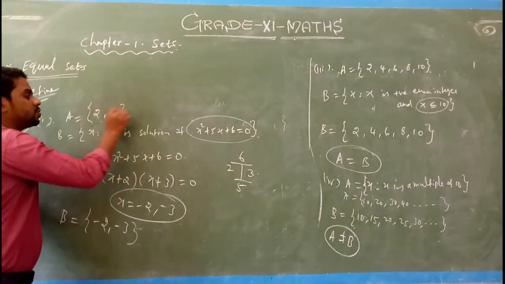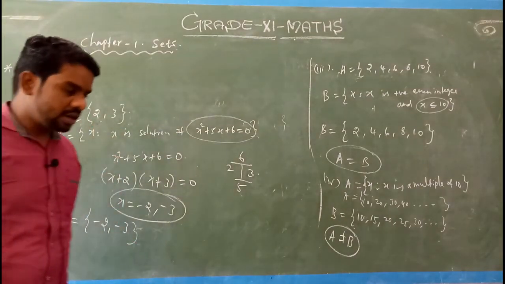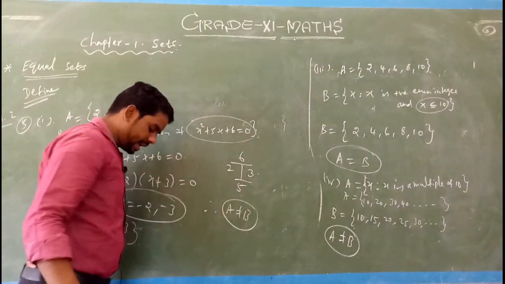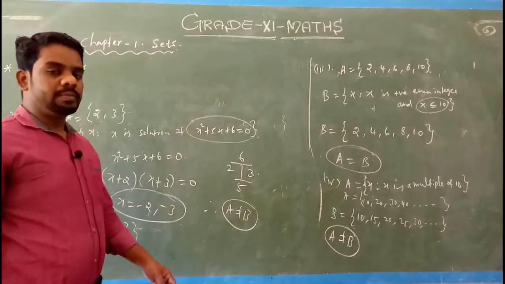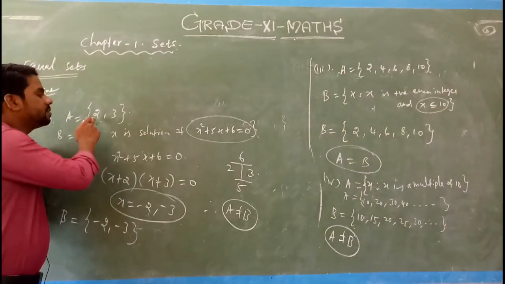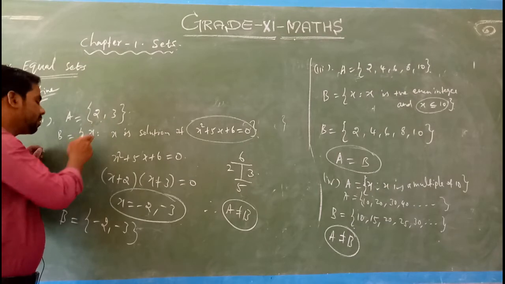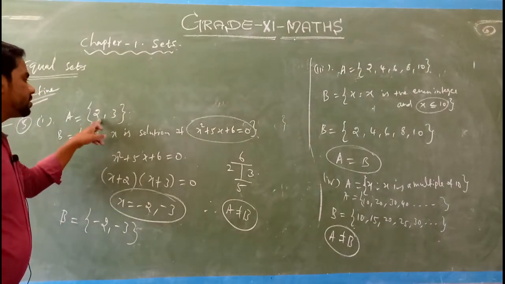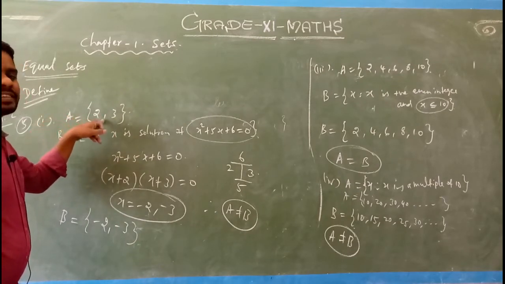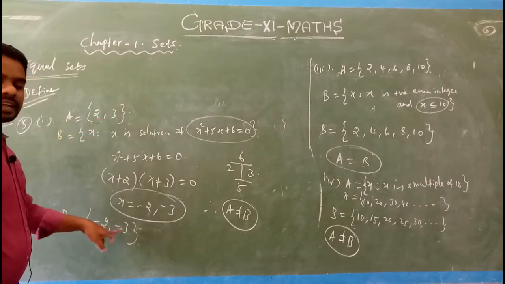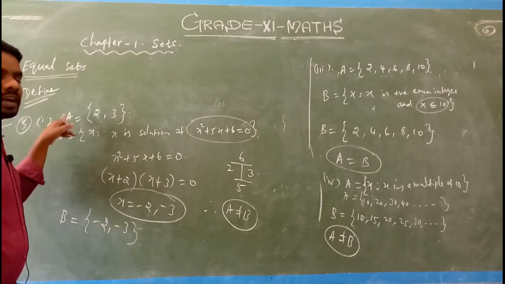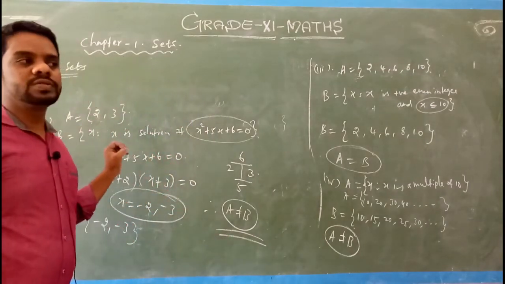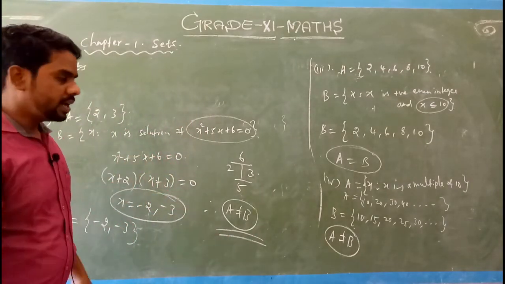But A has plus 2 and plus 3. Here the two sets are not equal. So therefore the set A is not equal to B. The set A is not equal to B because the set A has plus 2 and plus 3, but B has minus 2 and minus 3. These two elements are different. 2 and 3 belong to A but not to B. Minus 2 and minus 3 belong to B but not to A. So A is not equal to B. So these given two sets are not equal. Okay, right. Next,